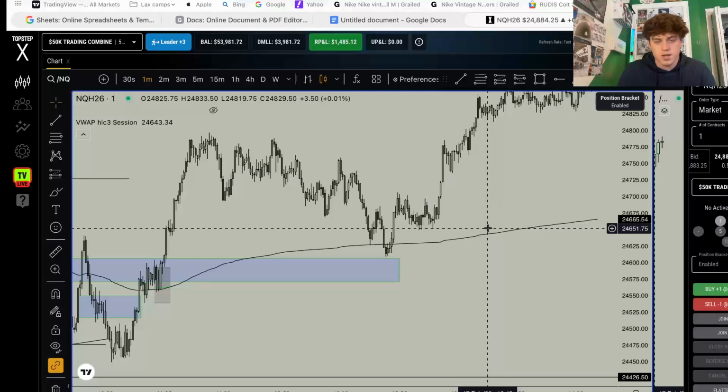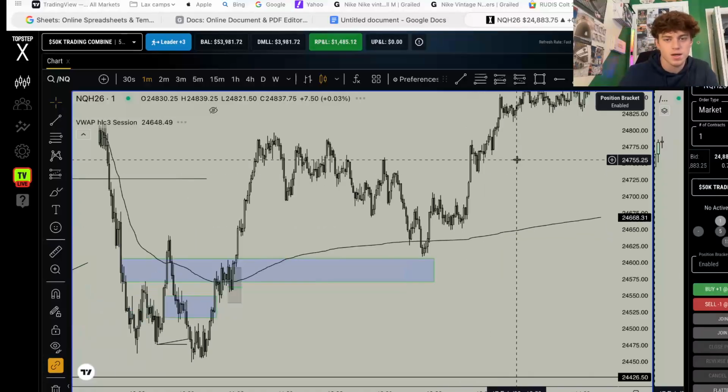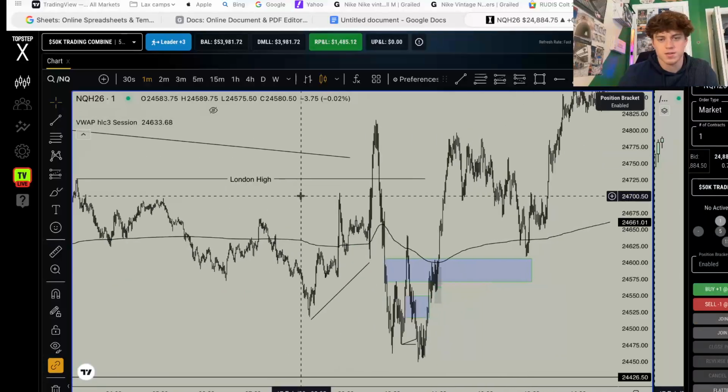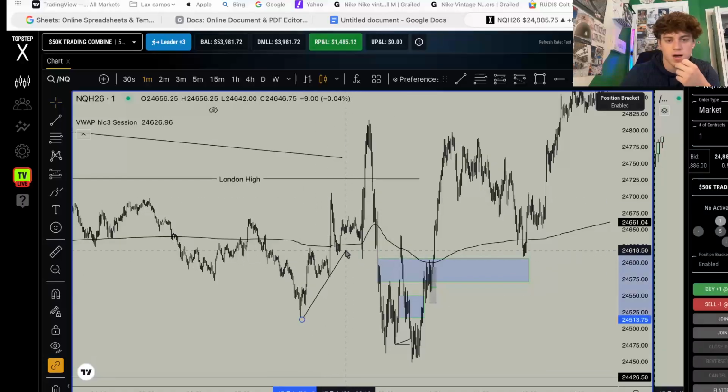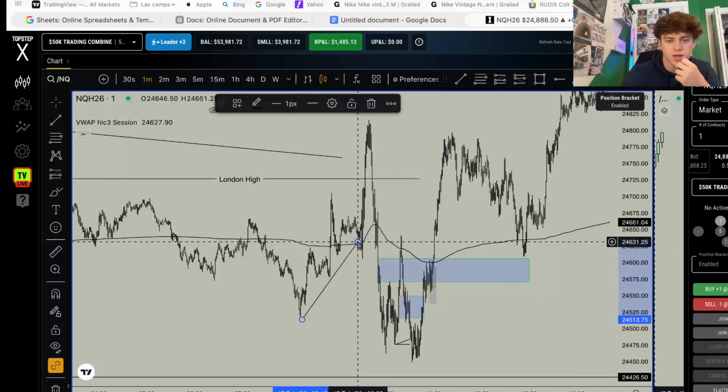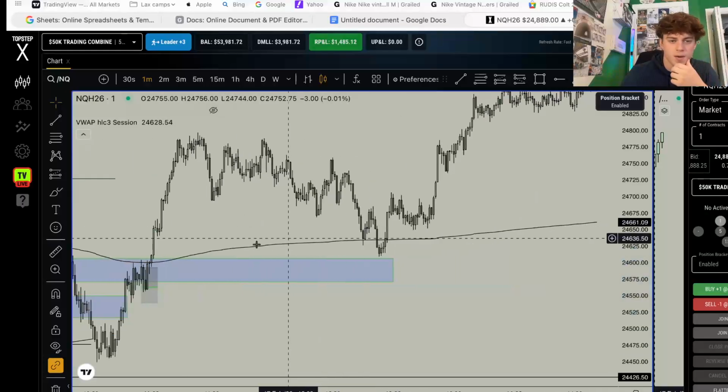for doing this. But before I even explain it, you guys need to understand that no emotion can be involved in this way of trading at all, because if it does and you let it affect you, you're going to overtrade and you're going to lose your money that you worked hard for. So I'm going to get right into it.